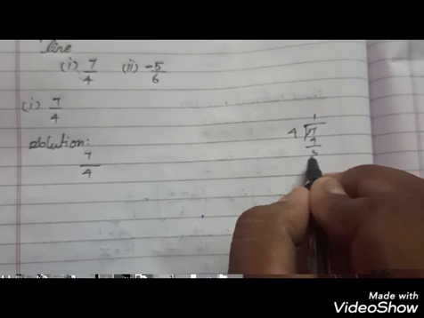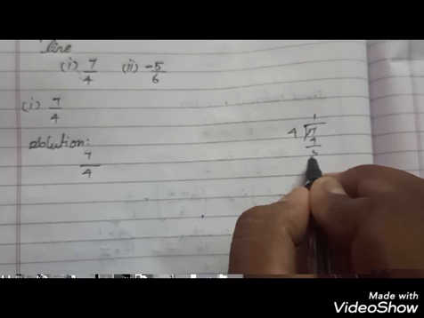Okay, so already I told you that there should be 2 methods. One method you have to write like this: 1 1 by 4, 1 2 by 4, 1 3 by 4, like that. So here you know that 1 3 by 4 is 7 by 4. Okay, directly you mention it. Otherwise, you know 1 can be written as 4 parts; out of 4 you take all 4, so 4 by 4. Directly you take 5 by 4, 6 by 4, 7 by 4 and then 8 by 4 is 2. Okay. So now we found the first question and we move on to the second question, minus 5 by 6.